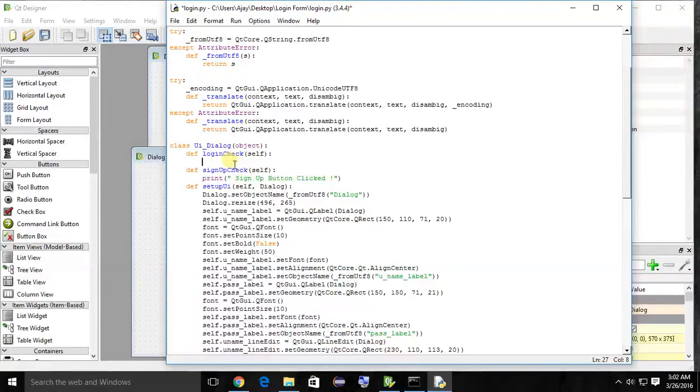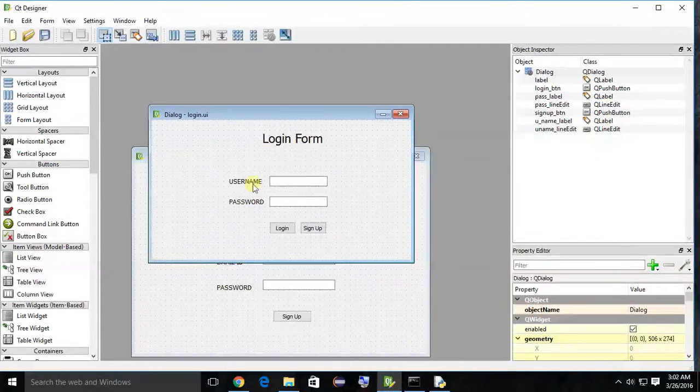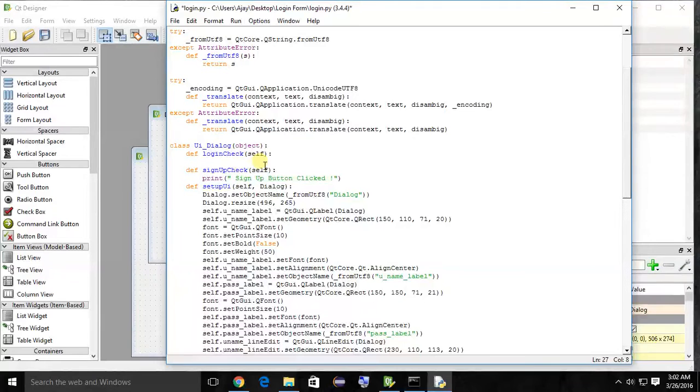First of all, we have to take the value from the user through these text boxes. This text box name is uname_line_edit, and this is pass_line_edit. So let's take that value. Creating a variable username equals self.uname_line_edit.text.